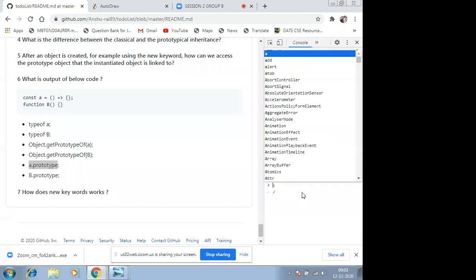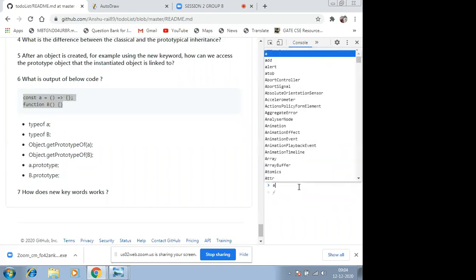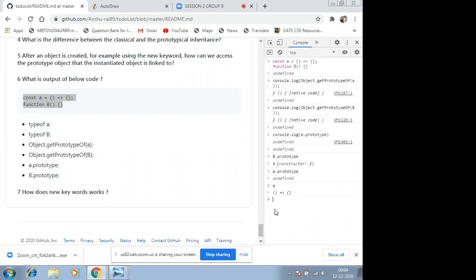Let's first try to see what A is printing, right? So you saw that A is printing what? An empty object here. So because this is empty, basically when we use an arrow function, objects are not created like that, it just writes the function itself, a replacement happens.